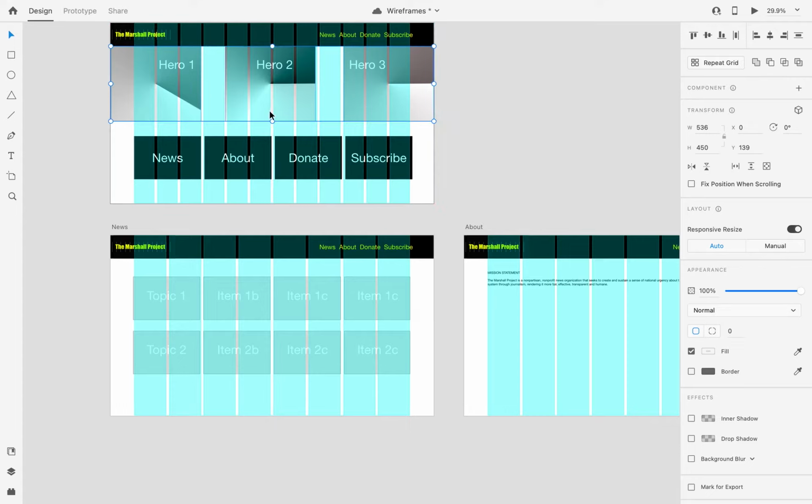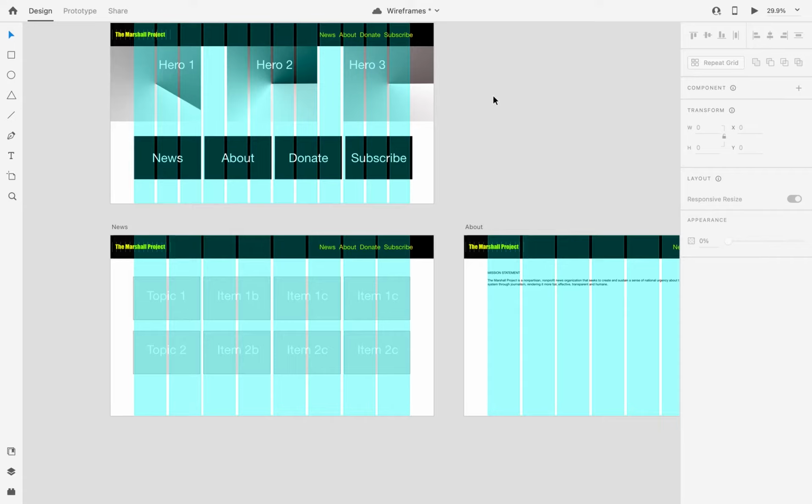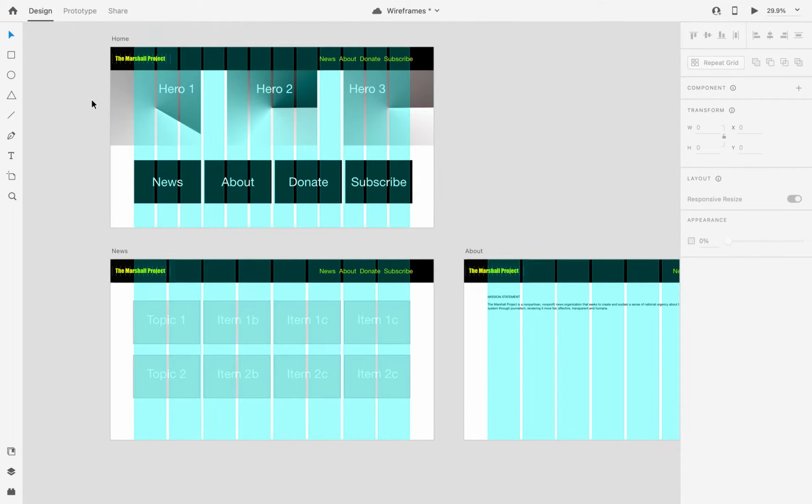So let me make some adjustments here. Hero 1, Hero 2, and Hero 3. And then I'll just toggle the